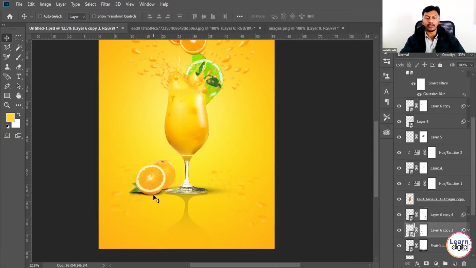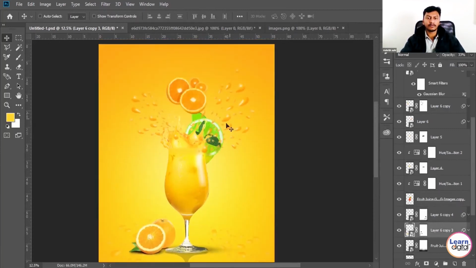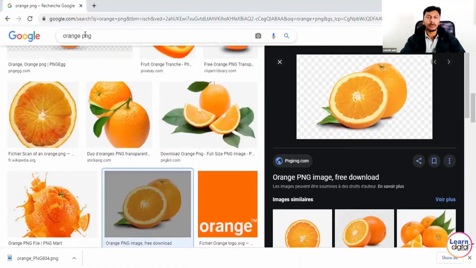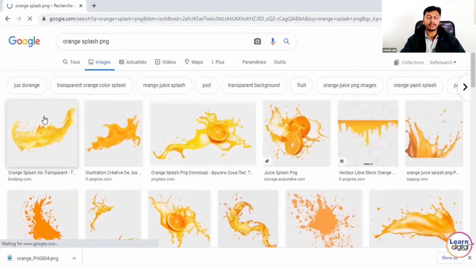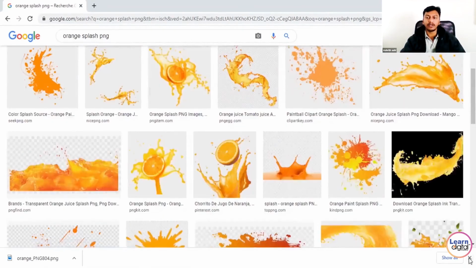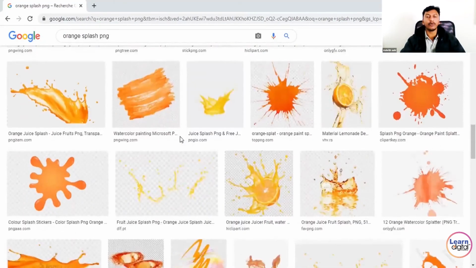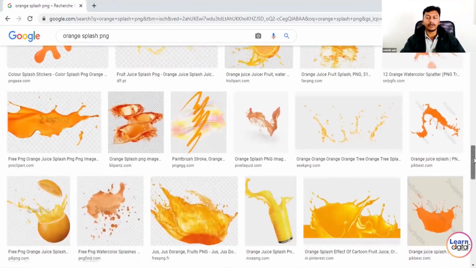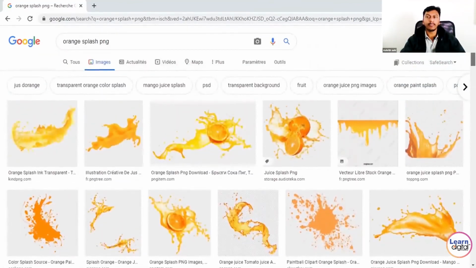Of course, I know it will take a lot more time. Once the overall product advertisement is done, better if you're doing it for the first time, or if it is your first attempt, try to keep some reference product advertisements. Then you will get an idea in which part you need to put more attraction and more concentration, and how to place the text and how to play with the colors.